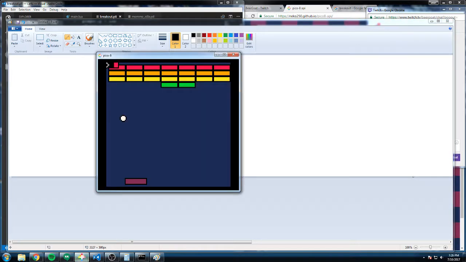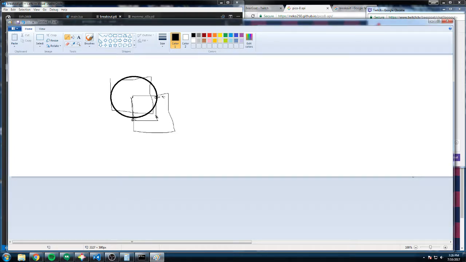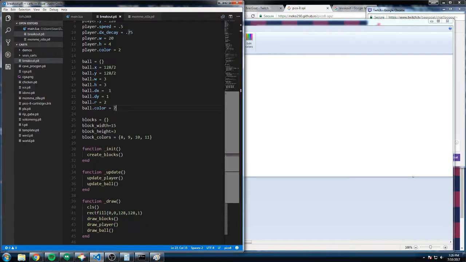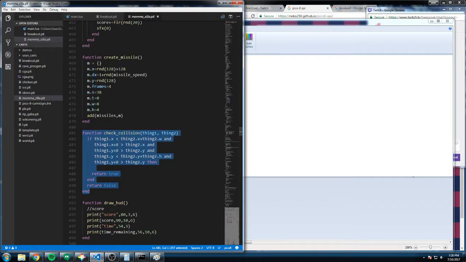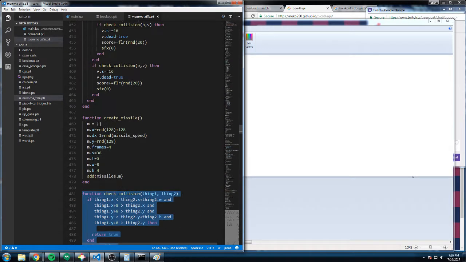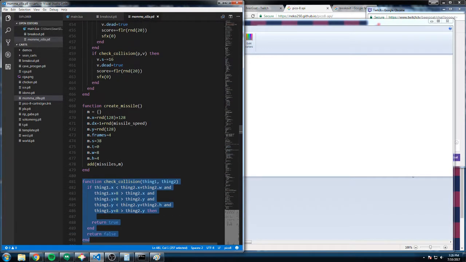And that's why it kind of seems like when it bounces, the upper right is a little bit better than bouncing on the bottom. If it bounces on the bottom right, it works differently. So the question is, because this function is just built for two rectangles, can I cheat it in such a way,